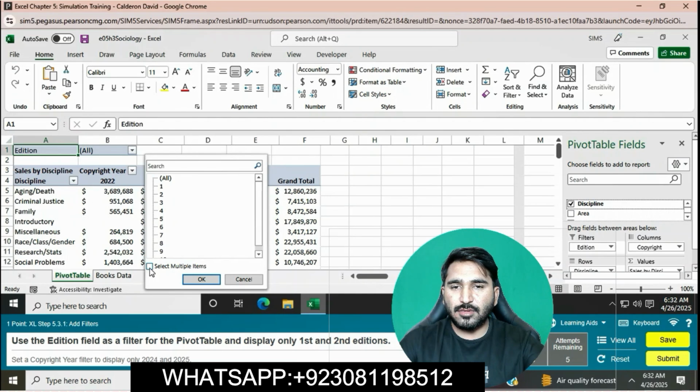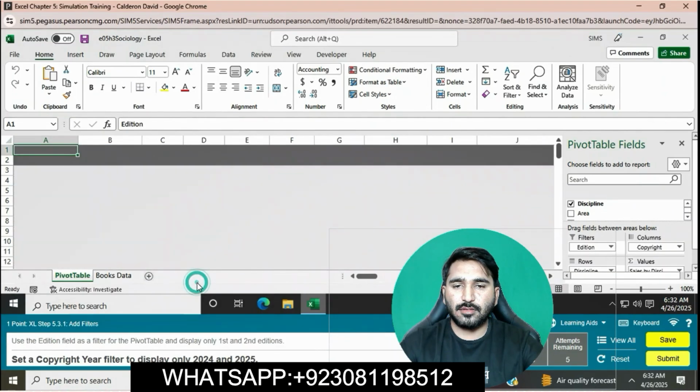Right click on this and then select All. Click on All and then click on first and second, and then click on OK.